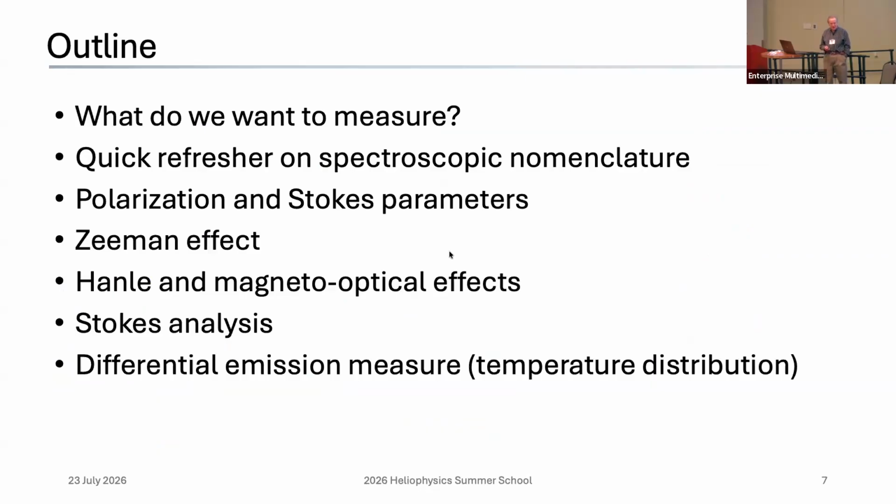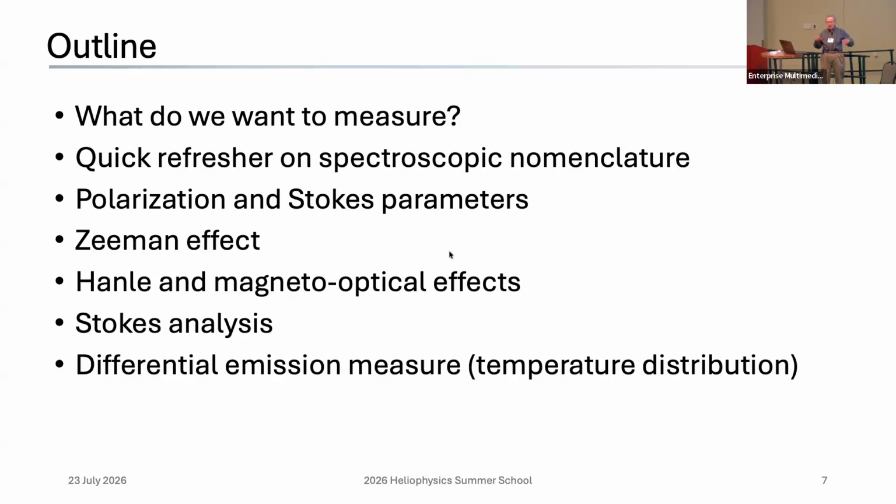Okay, so the outline. What do we want to measure? We'll do this quick refresher for many of you on spectroscopic nomenclature, just so you know what to do with it and how to refresh your memory if you're going to need it. Polarization and the so-called Stokes parameters, the Zeeman effect, splitting of spectral lines in a magnetic field. Other effects in a magnetic field go by names, Hanle, magneto-optical, we'll get to that. Stokes analysis, which is where you come in, data-driven. How do you take the data and turn it into what you want? And as another example,